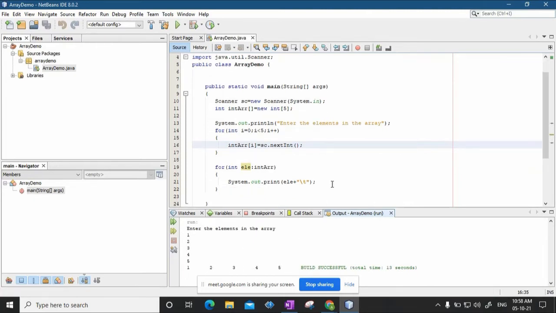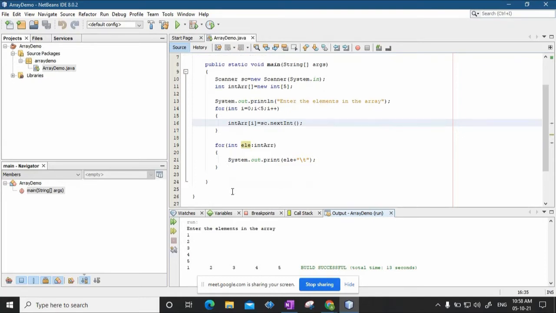Here I have not shown you any memory leakage thing. I am just showing you there is one extension to the for loop that is called the for each loop. What does this for each loop do? In for, you write the first parameter here before this colon. It is a representative of every indexed element. So ele is the representative of every indexed element. In the first iteration, ele will point to this one, the first indexed value. So ele will be storing value 1, and then it will print that ele. So 1 will be printed on the computer screen.